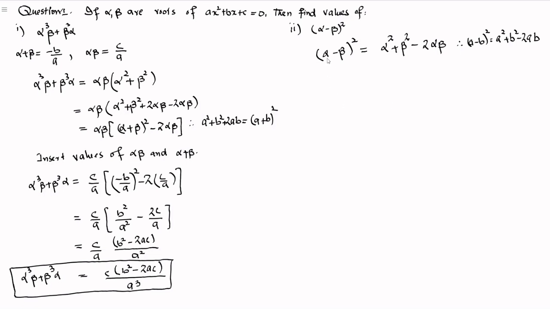We are expanding it because alpha minus beta has no value. We have the value of alpha plus beta and alpha beta. So we will expand it and then we will complete the square